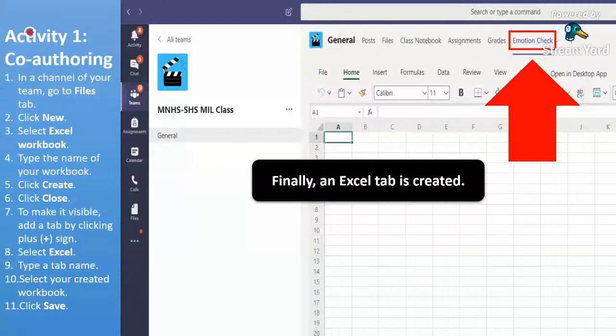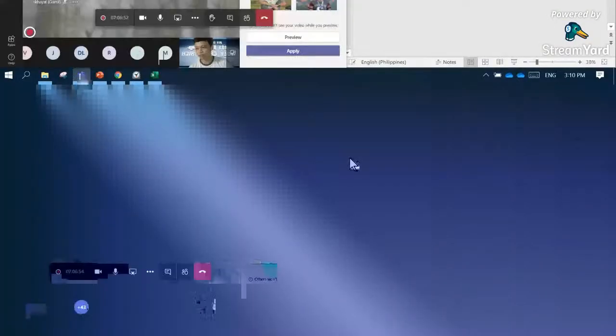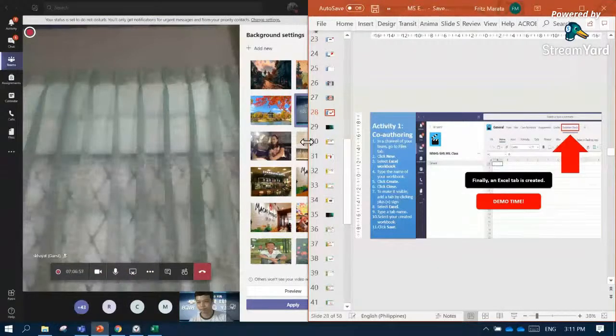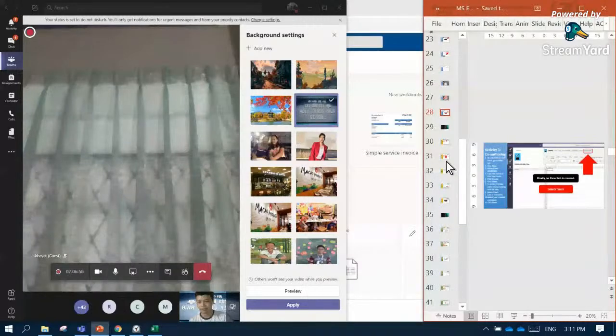So let us now go to the demonstration. We will just split the screen first and go to Teams. I'm just going to make this visible, the steps, for us to be guided.